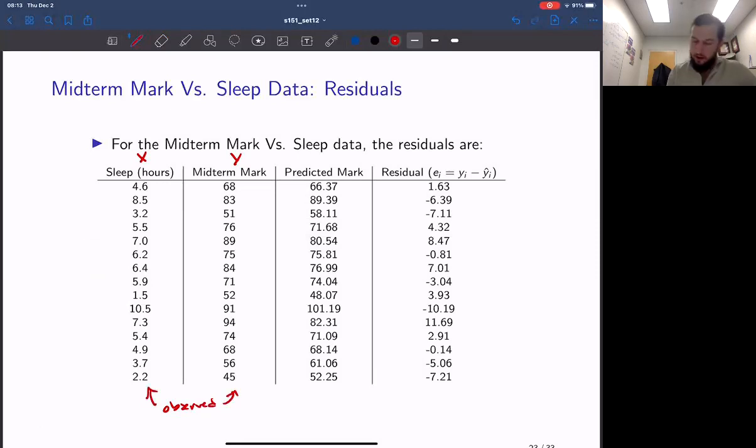Okay. And this here are the predicted marks for every single value of X that we have in our data set. So you'll recall that Y hat is equal to 39.221 plus 5.902 times X. So each of the predicted marks here are found by plugging X into our linear model. So for example, this last quantity here,